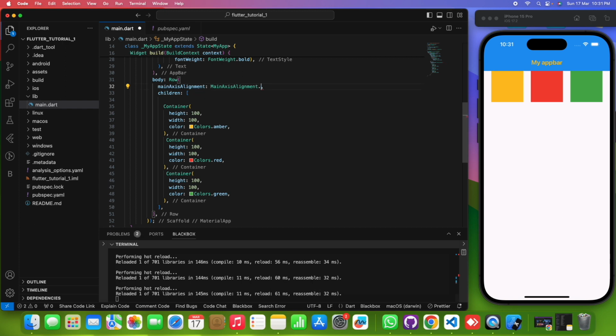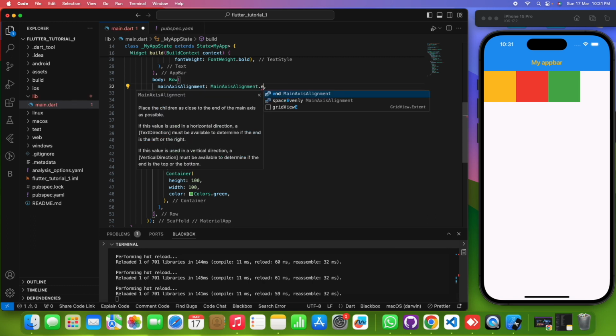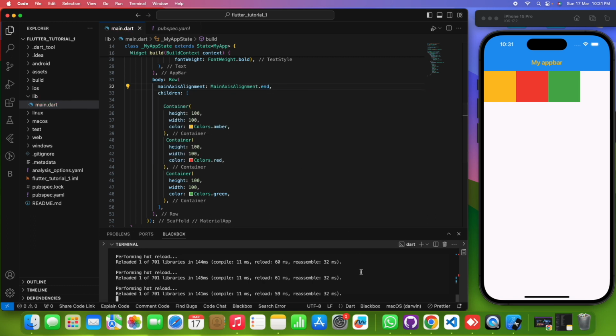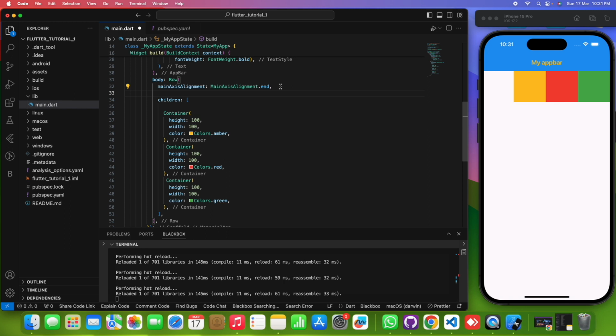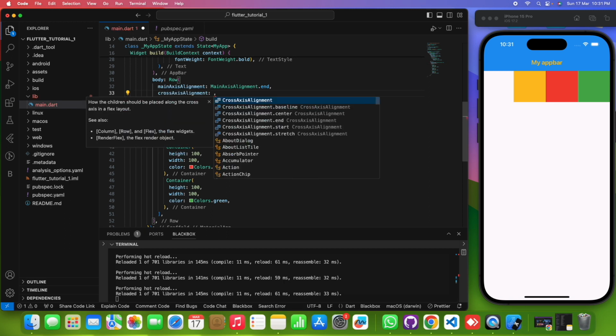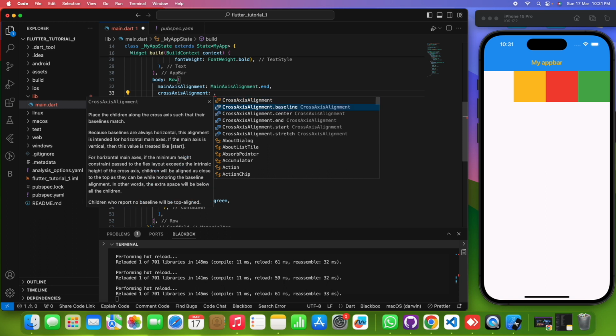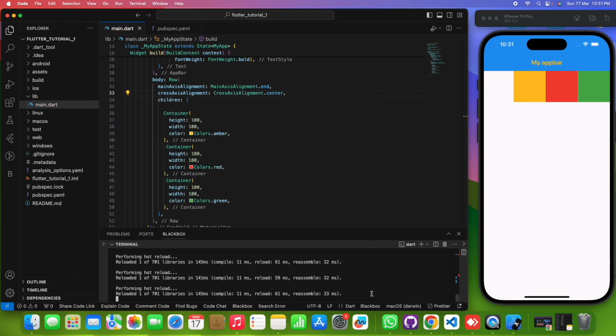If you want it from the start, then it will be from the start. You can add end here. This is main axis. For cross axis alignment, horizontal is main axis alignment, vertical is cross axis alignment. So if you want to put it in center also,